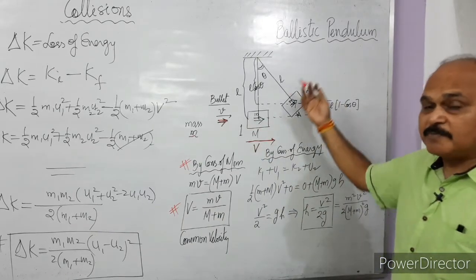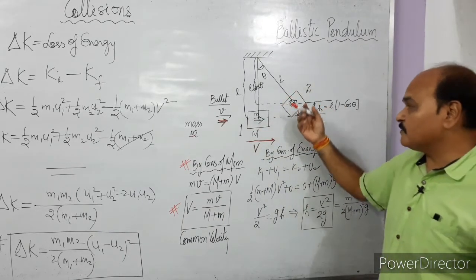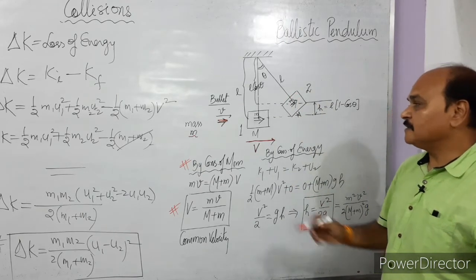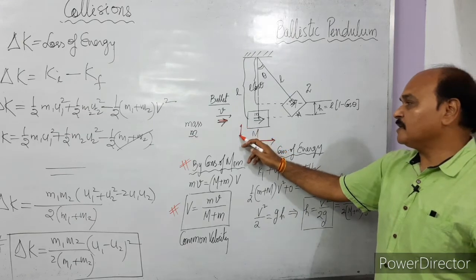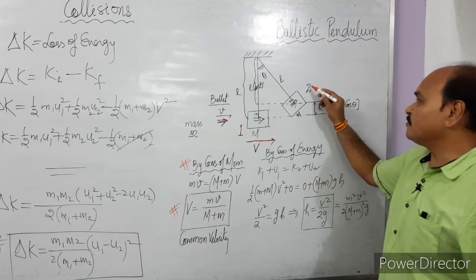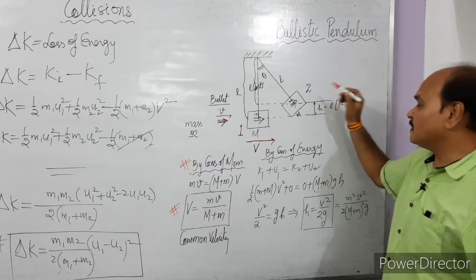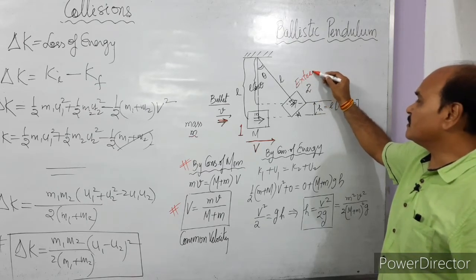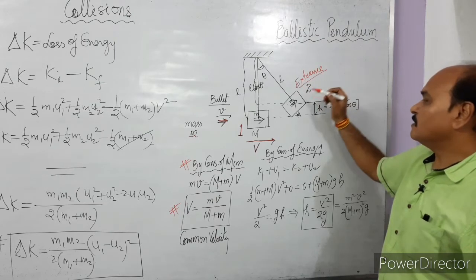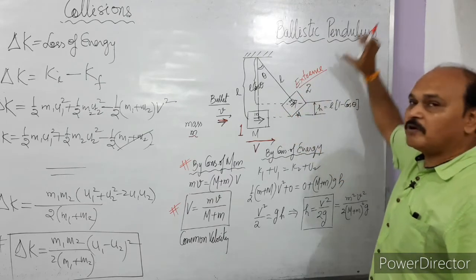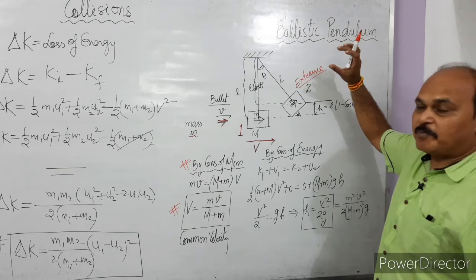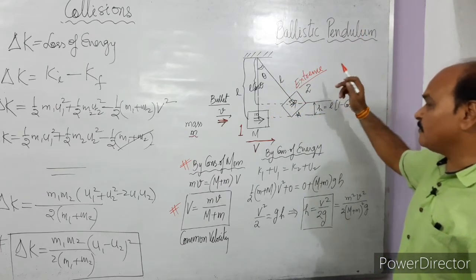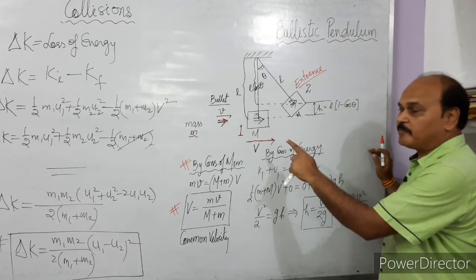Up to what height this mass is going to rise, for this we have to apply the law of conservation of mechanical energy. This is position 1 of the combined mass, and this is position 2 of the combined mass, and at this position the combined mass comes to rest. This is the extreme position. The combined mass cannot move beyond this position. So by what vertical distance this mass is going to rise, that we are going to find out by the law of conservation of mechanical energy.